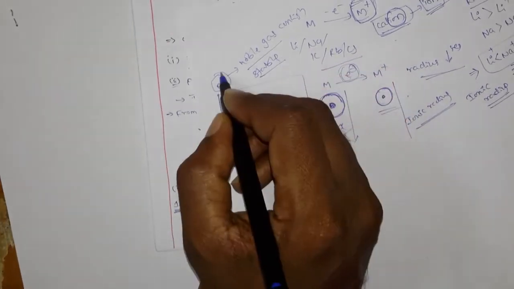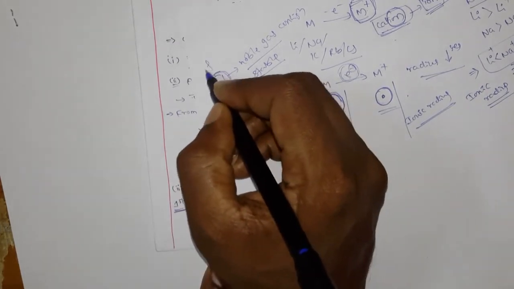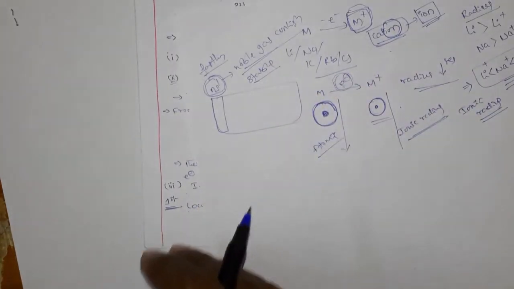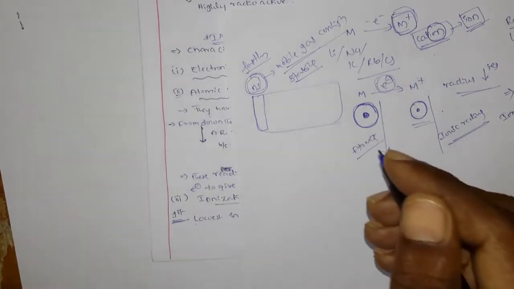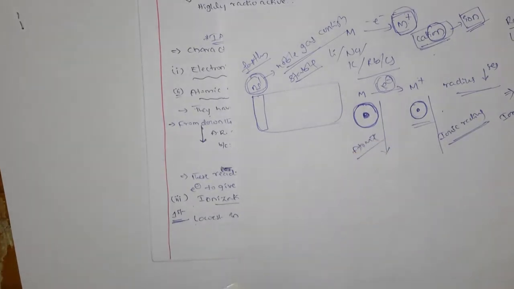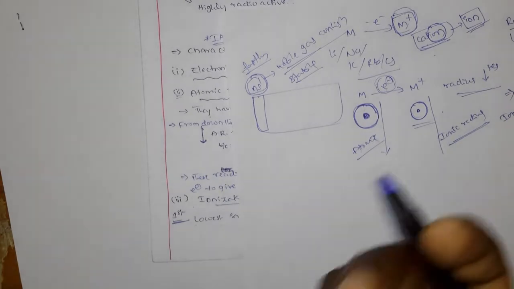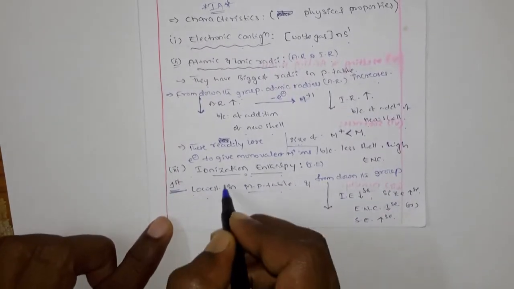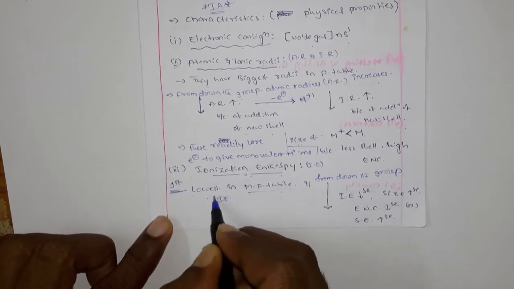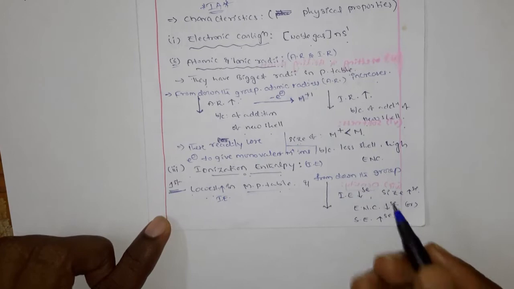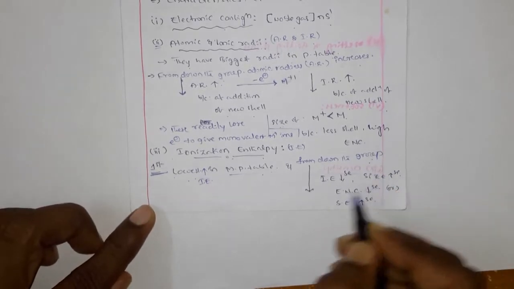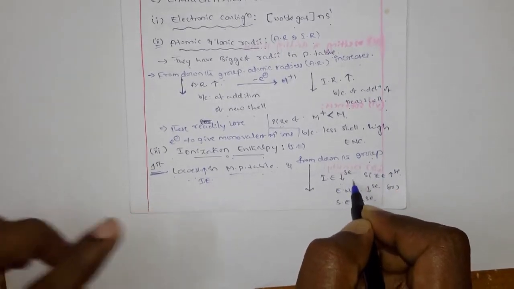So that is the reason why it loses this electron very fast and converts into a very stable element. Here it is losing the electron very fast, which means the energy required to remove the electron is very less. That is the reason why, in the periodic table, these have the lowest ionization enthalpies. Again, from top to bottom, down the group, what will happen? The ionization enthalpy decreases because of the increase in size.